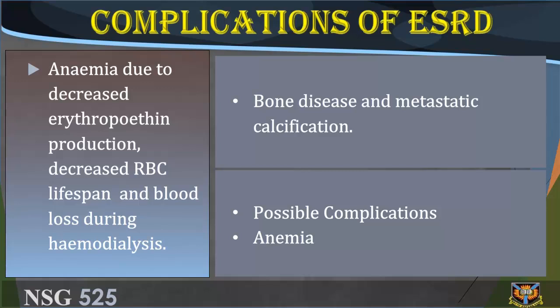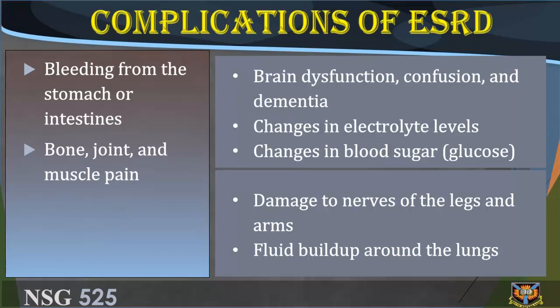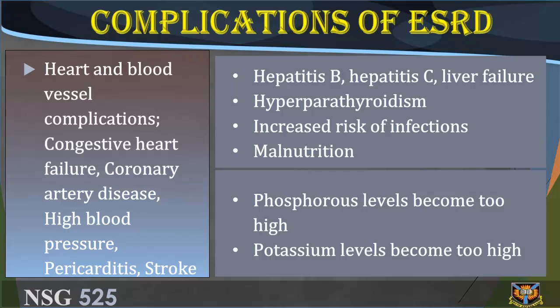Possible complications. Anemia, bleeding from the stomach or intestines, bone, joint, and muscle pain, brain dysfunction, confusion, and dementia. Changes in electrolyte levels, changes in blood sugar, damage to nerves of the legs and arms, fluid buildup around the lungs, heart and blood vessel complications, congestive heart failure, coronary artery disease, high blood pressure, pericarditis, stroke,